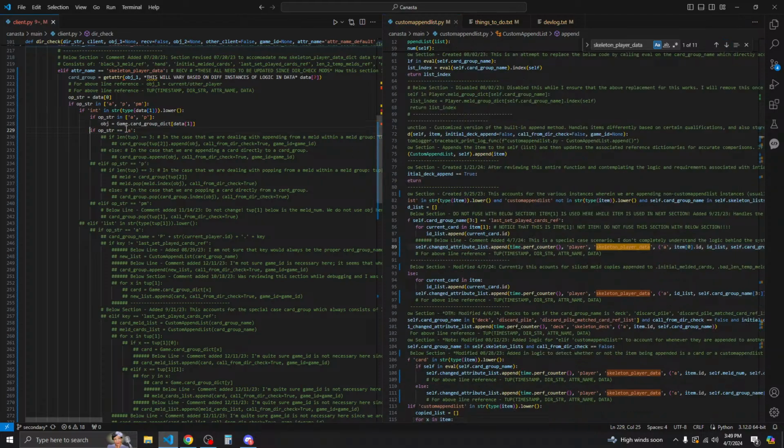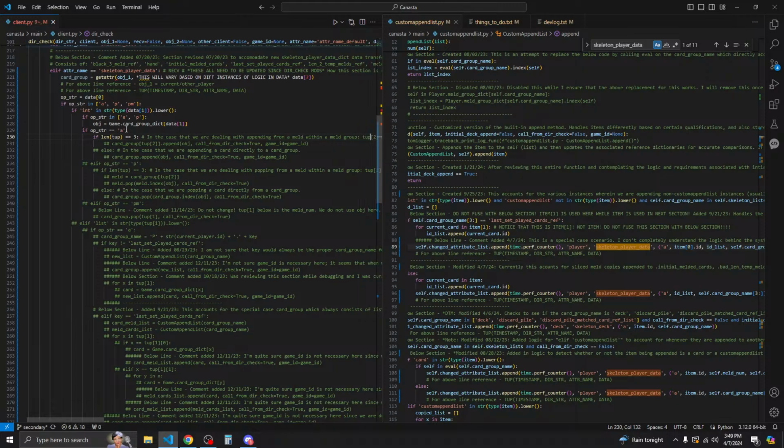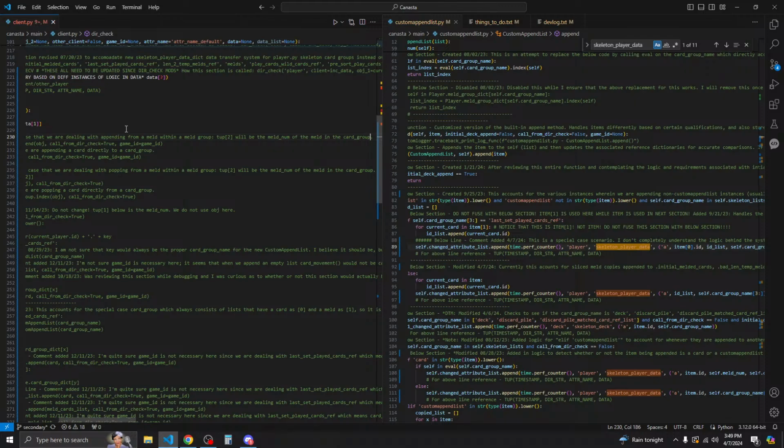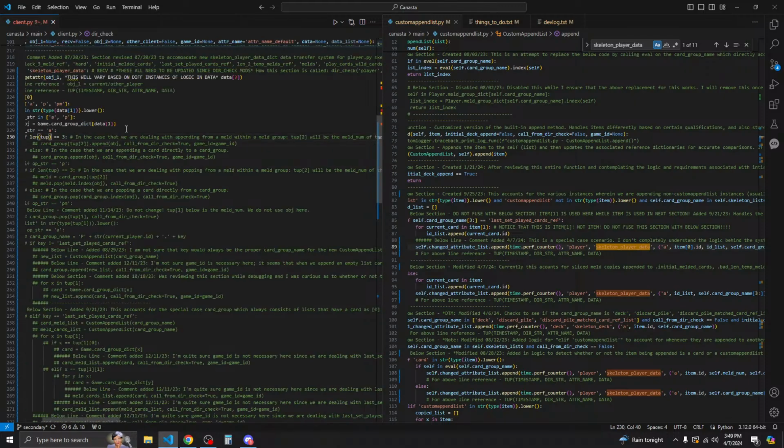Now we say if op string is equal to A, and if the length of the tup is equal to 3, in the case that we're dealing with a pending from a meld within a meld group, tup2 would be meld num, and then card group, and I'll put needs update comments.